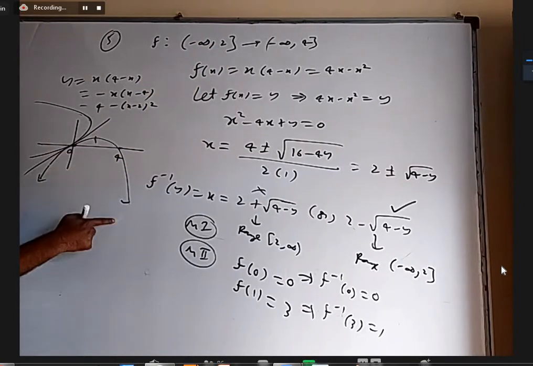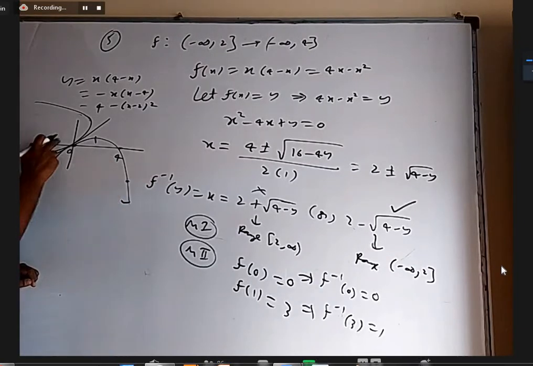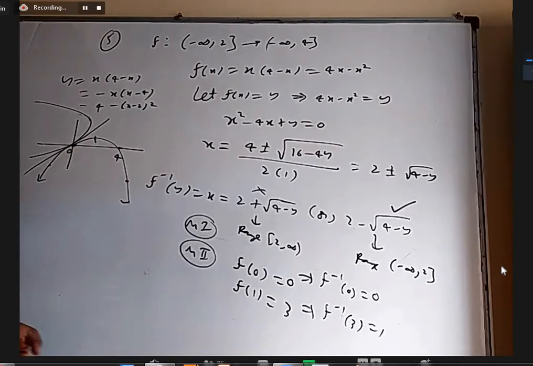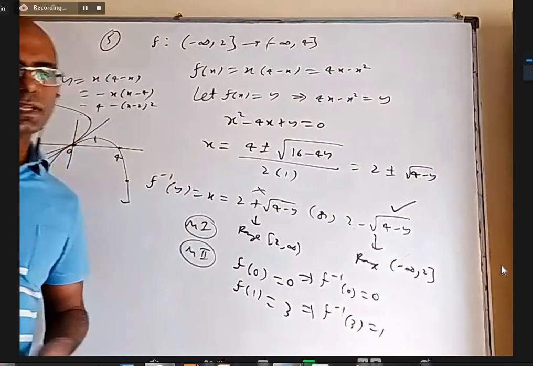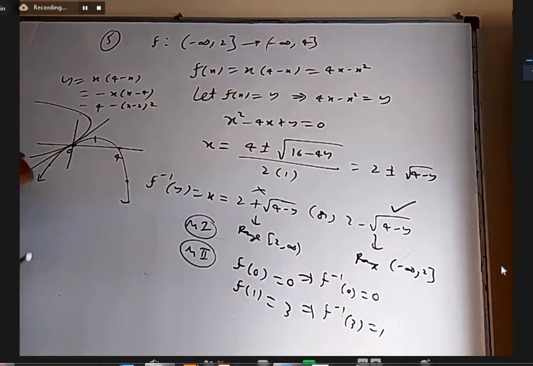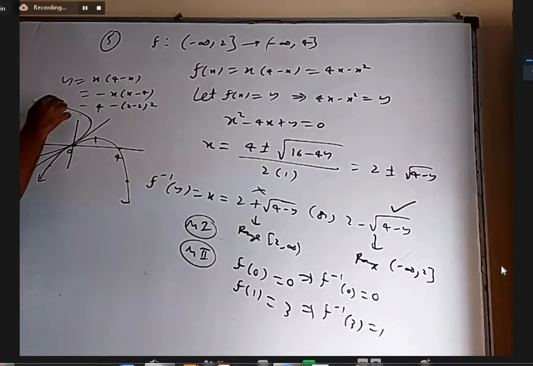If it is a full parabola, it is not even a bijection, because a horizontal line intersects twice, for two different x values, the same y value. It is not 1-1. If it is not 1-1, not a bijection. If something is not a bijection, the inverse will not exist. It will not be a function. You can see this curve is not a function because according to the vertical line test, for one x value, two y values. It's not a function.